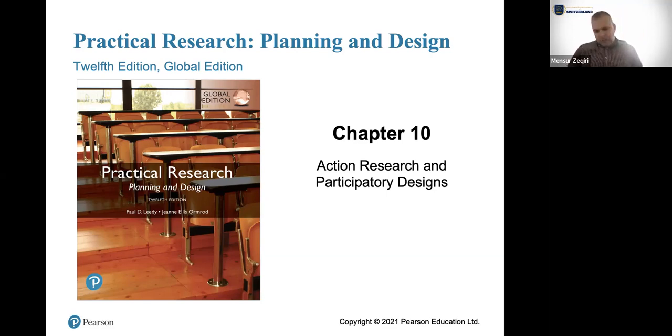Okay, so we are back with the last part for this session for today, where we are going to talk about action research and participatory design. So there might be cases when we would simply like to use research to inform practices, if you would like to enact a new change or to, let's say, transform conditions in some way. And this is when we need to use action